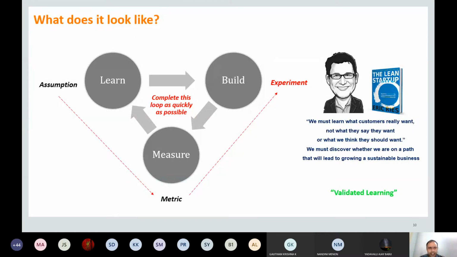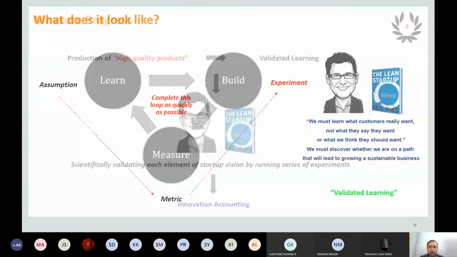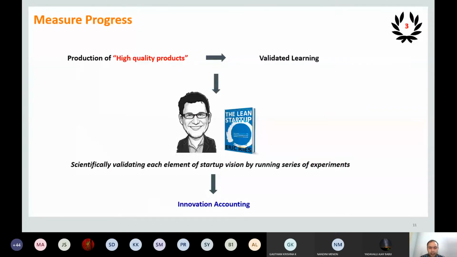Now let's go to the third principle of lean startup management. This we call innovation accounting. What is this innovation accounting? As I told you, we are going to run a series of experiments, and we are going to come out with some innovation accounting. Like, we are going to test the product, what is going to happen, how it is going to happen, what are the tests we have to conduct. So we are going to take all these things into account. We are going to be accountable for everything, for the number of tests we run, whether the product is successful or not, how to learn, how much innovation you are going to bring in. So that we call